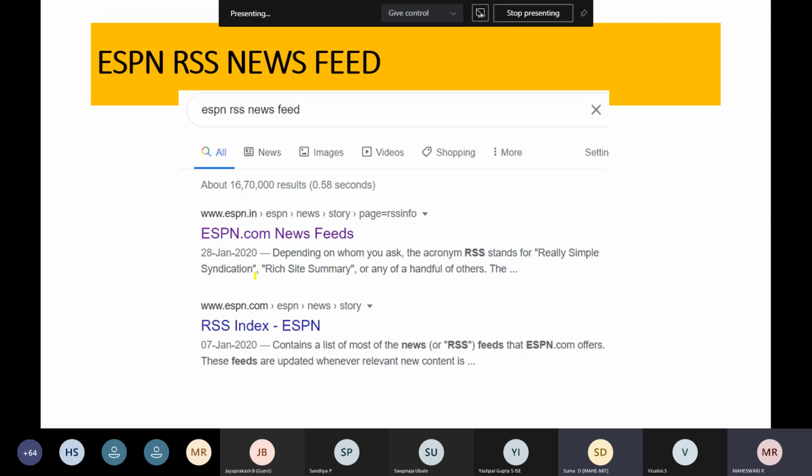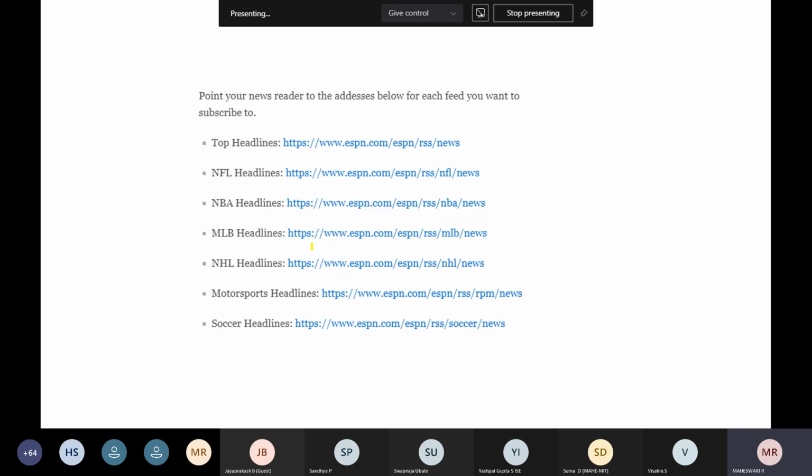Now you can go to this website. Open Google and type ESPN RSS newsfeed. If you type this, you can see the ESPN.com newsfeed. You just click this ESPN newsfeed.